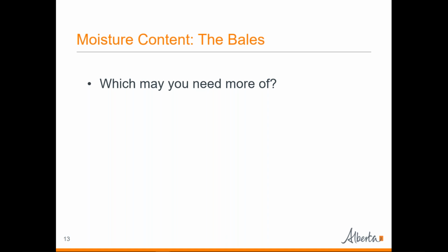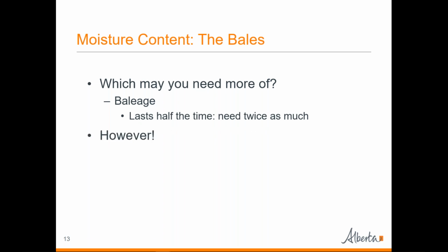So next question is, which will you need more of? And the baleage is certainly the one that you'll be needing more of, because as we've seen before, it lasts half the time, so you need twice as much. However,